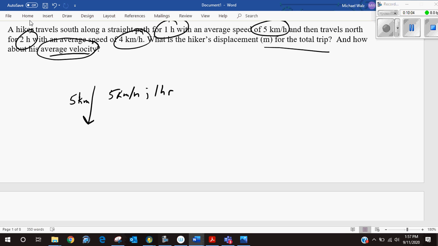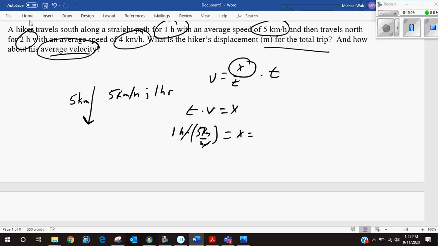Any questions on that? But if I was trying to figure that out, you take your velocity equals displacement per time. You multiply both sides by t. T times v equals your displacement. Your time is 1 hour times 5 kilometers per hour. See how that factors out the label. X then equals 5